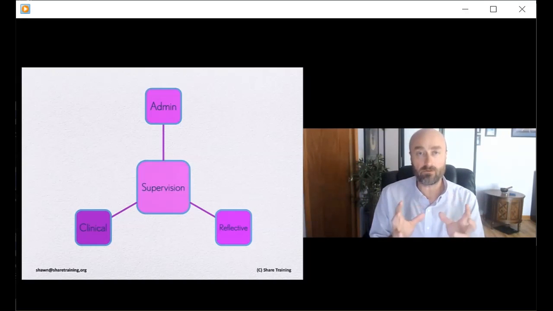But what I will tell you in regards to leaders, there's these different types of supervision. There's administrative, which is, are you filling out your time card, putting in your mileage sheet, those kinds of things. There's clinical, where we're staffing cases and making sure we're providing the best care for those that we serve. And then there's reflective supervision. And reflective supervision is we carve out 8 to 10 minutes, 15 if you can manage it, for the folks that we supervise, that we lead, and just allow them to share out whatever they want to.